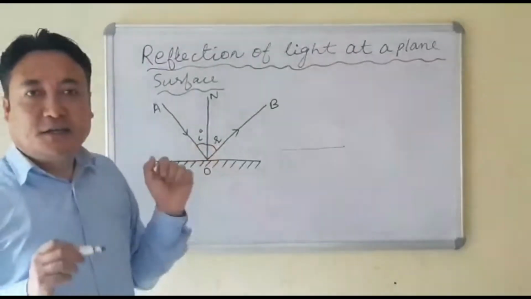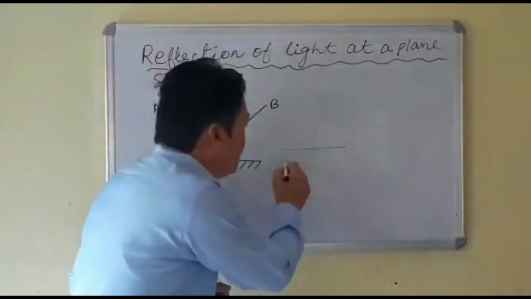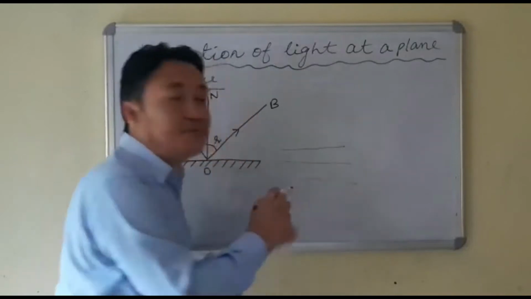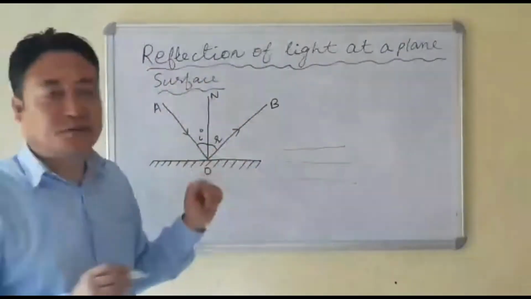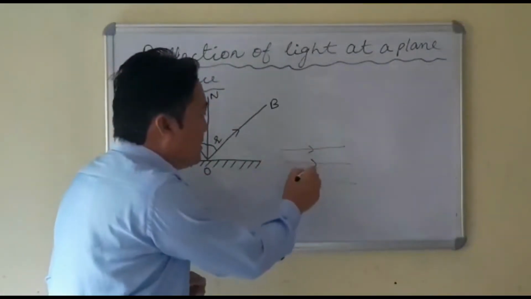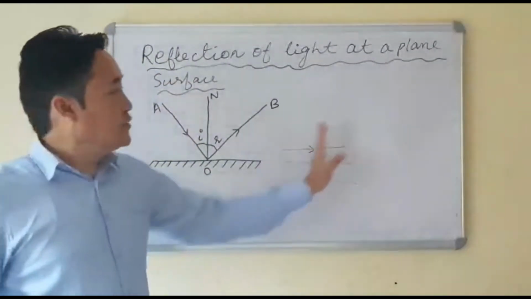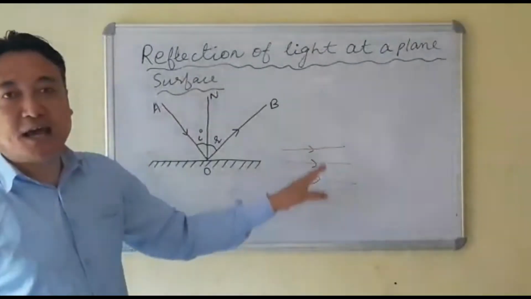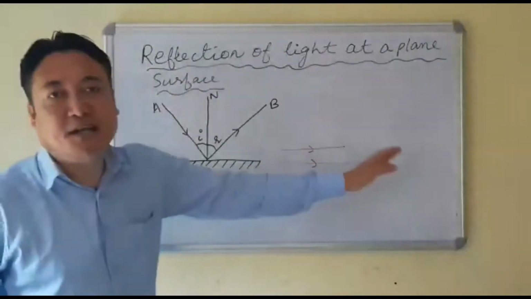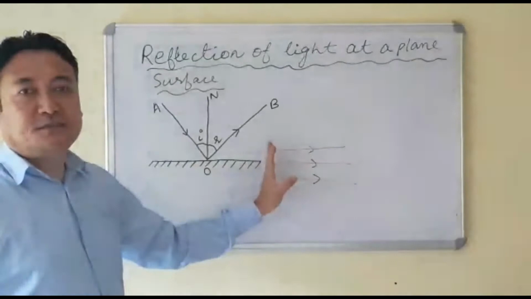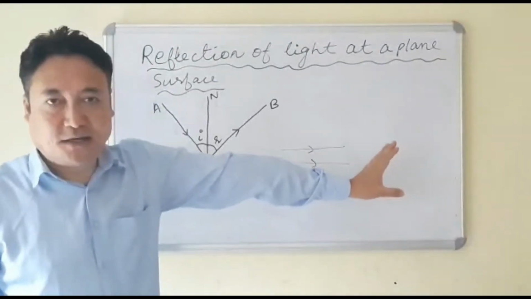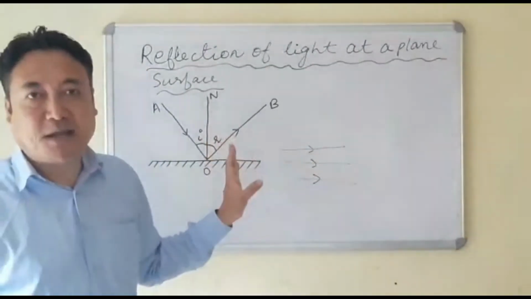Second one is, if I draw a number of rays here which are parallel to each other, and this ray is traveling from one side towards the other side, which is shown by this arrow. This arrow I have drawn towards the right, so the ray of light is passing from left to right. You can understand it by the arrow.